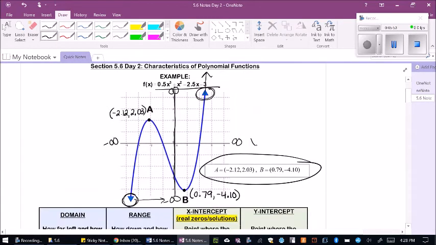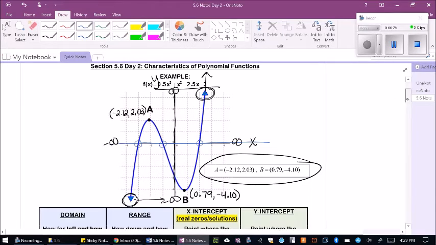So this is x, this is the y-axis. If we were to go ahead and just make a line through that x-axis, I'm going to see that my function is crossing the x-axis at 3 spots. Here, here, and here. And so now I have to write the coordinates of those 3